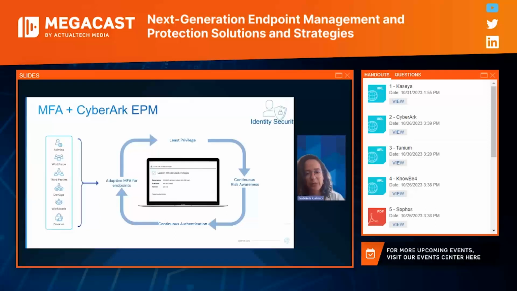Our last concept to truly protect the endpoint is to make sure that the person accessing your endpoint is who they truly say they are. CyberArk EPM integrates with IDPs and takes advantage of an authentication workflow that includes MFA authentication, and at the same time recommends a zero trust approach without compromising the security involved. And at the same time, we maintain the user's experience without doing anything to their day-to-day. We add an extra layer of security.